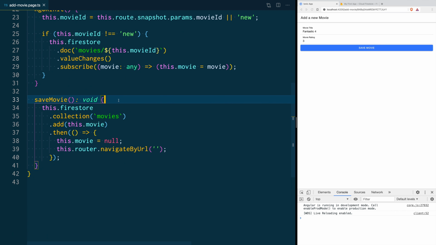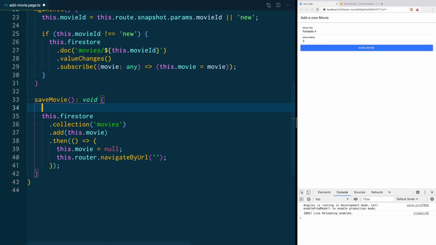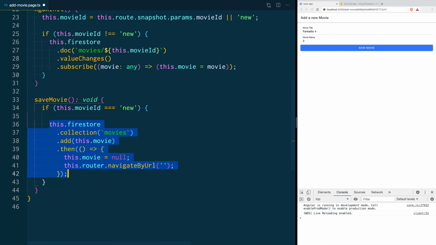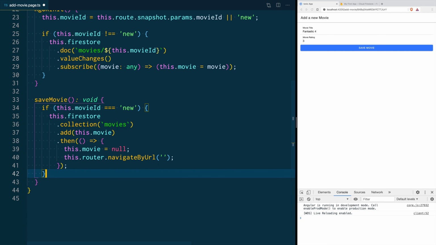So we are going to add a conditional in the Save Movie function. Let's see if the movie ID is equal to new, then we are good to go. We can do whatever it is that we were doing and nothing happens. If not, then we are going to do something a little bit different.